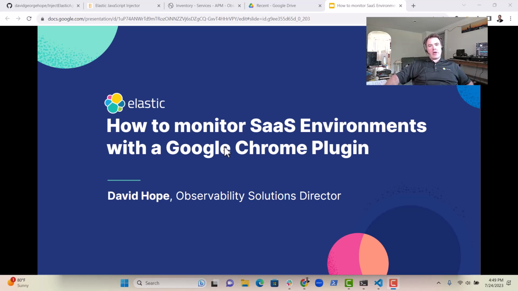I just wanted to show you a little trick on how you might like to monitor SaaS environments with a Google Chrome plugin. It's something that I kind of just threw together and thought you might be interested in. So how do you do this exactly? Well, luckily Elastic has a JavaScript APM agent, and so we can actually use that and incorporate it into a Google Chrome plugin, and then we can actually monitor pretty much any website we go to from a front end